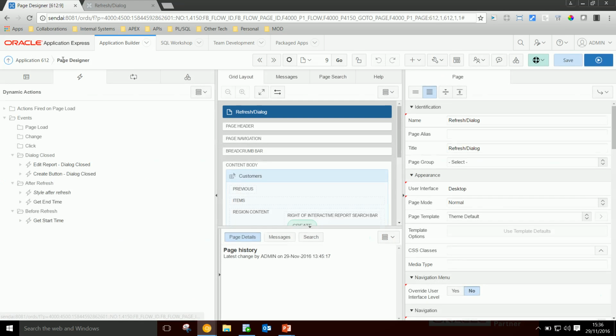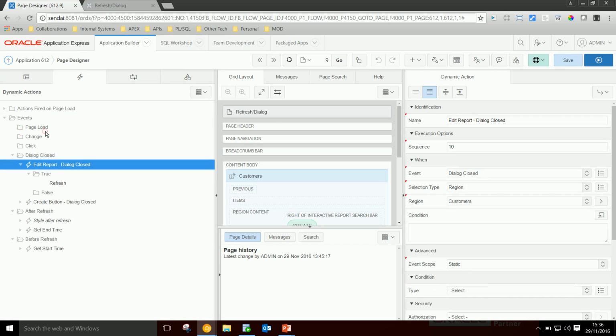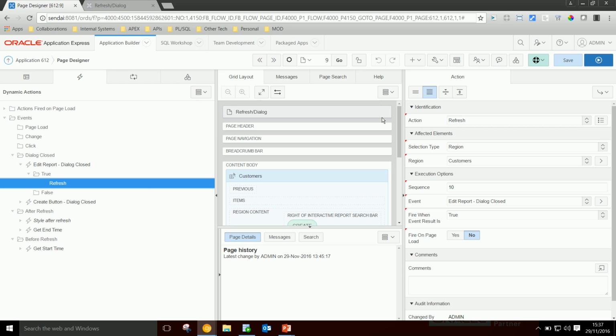If we edit the page and go to the dynamic actions, we've got this dialog closed event. So all we do is we select the event is dialog closed, and then the region or the selection type is the thing on the page that fired the dialog. So in this case, it came from within the region customers. If it was a button, you would put that there instead. So whenever this dialog is closed, we're just going to refresh the region customers,